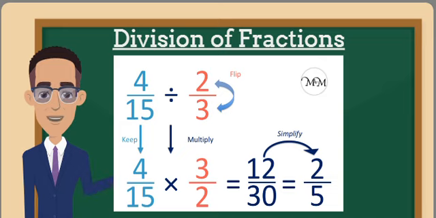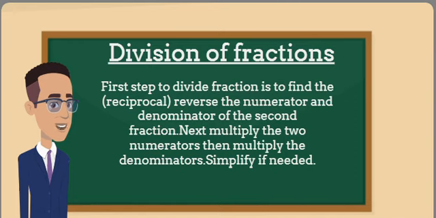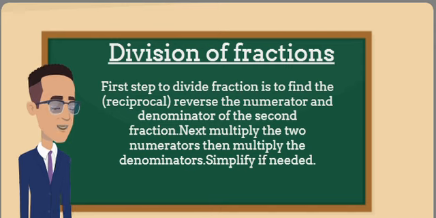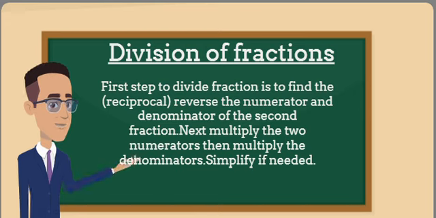Division of fraction. For example, 4 by 15 divided by 2 by 3, we get answer as 2 by 5. There are mainly three steps to divide a fraction. First step is to find the reciprocal, means to reverse the numerator and denominator of the second fraction. Next step is to multiply numerator by numerator and denominator by denominator and simplify if the